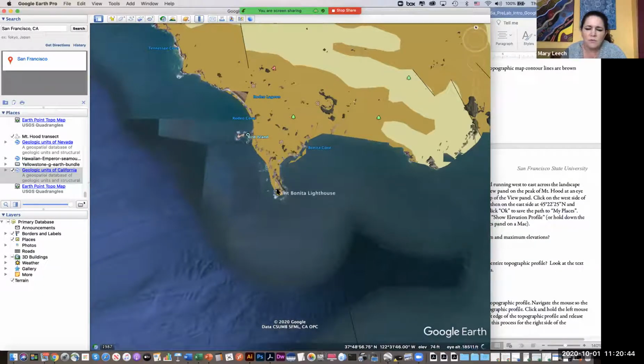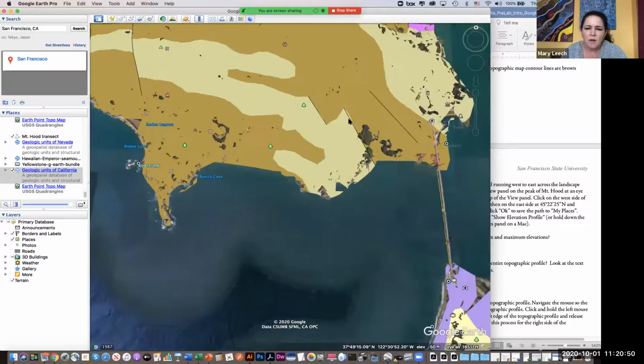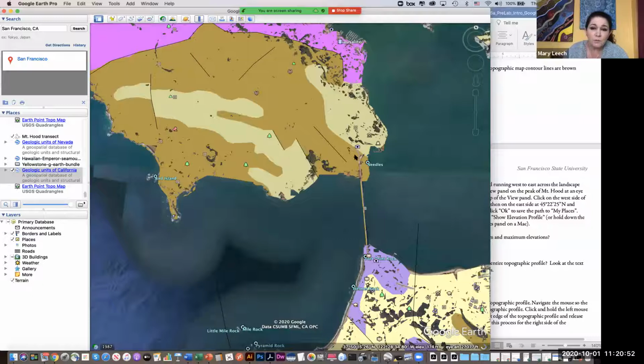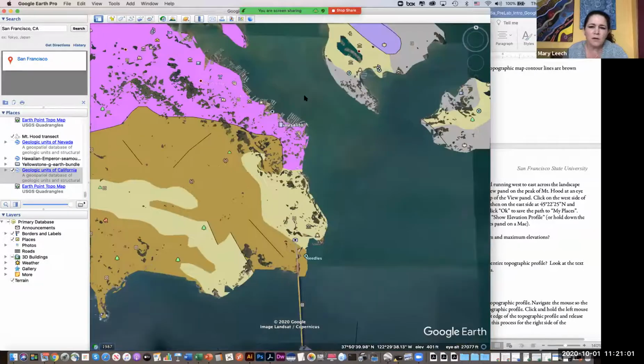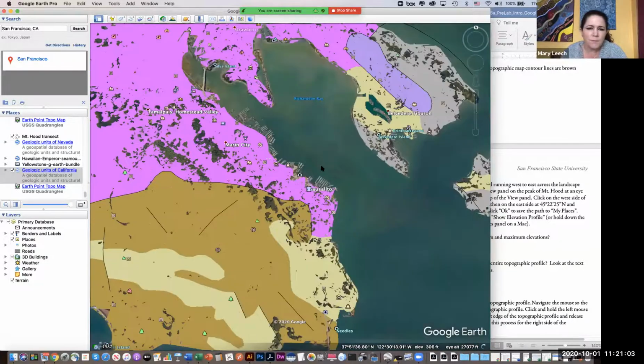Point Bonita Lighthouse. I'm trying to hover there. So those pillow basalts are out here. And then those radiolarian cherts, the red bedded cherts, are in this area facing San Francisco, but on the Marin side. And then if you go up here to,